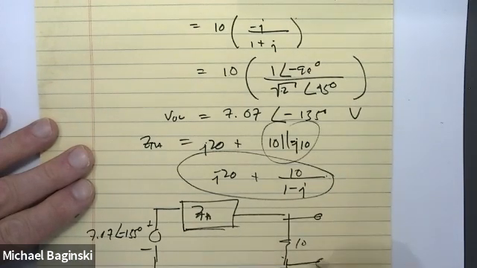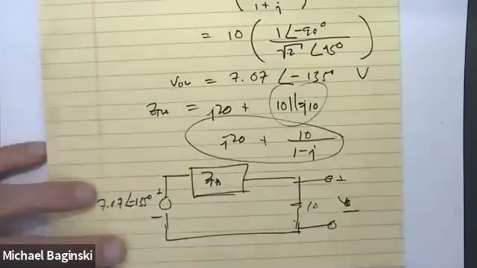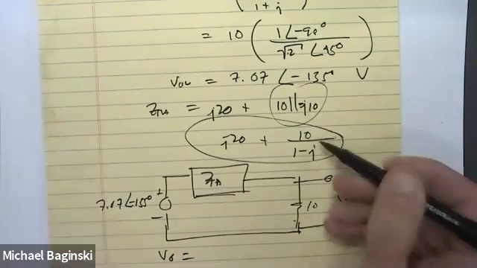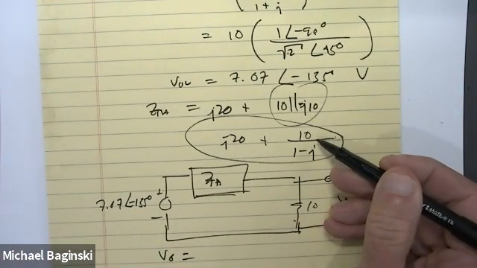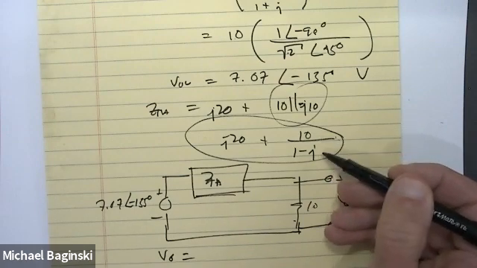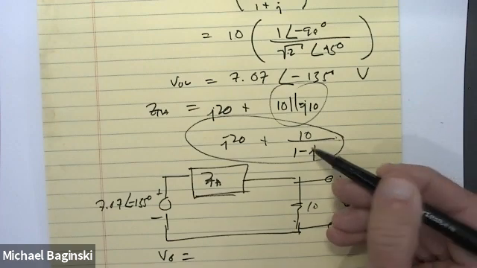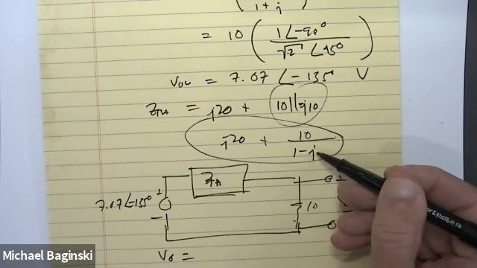And now I wanted the voltage, right? So how do I go about getting that voltage? I'm going to leave it in terms of Z Thevenin. I'm going to just talk my way through this 10 over 1 minus J10. Hear me now, and don't freak out, all right? If I have 10 over 1 minus J10,